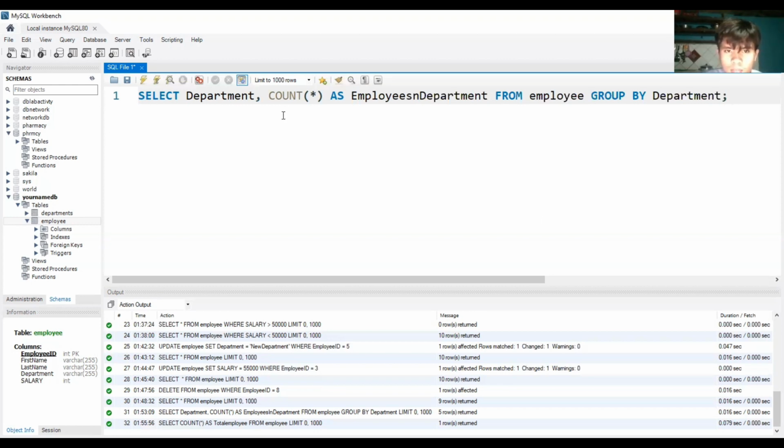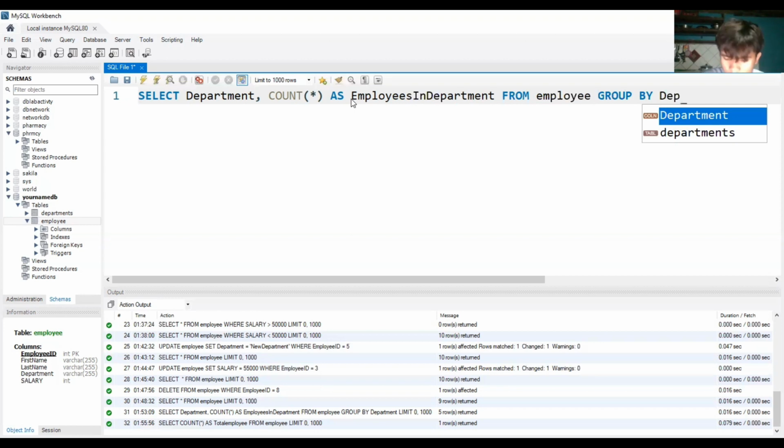So we have the SELECT department, COUNT as employees in department from employee GROUP BY department. So if we run this,